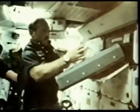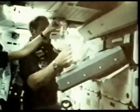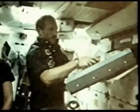Roger, you might check a camera. We saw some good views of the Earth through your cameras. And the candy bar did taste very good, even on the jog. Wonderful, wonderful. And the mass spec is...